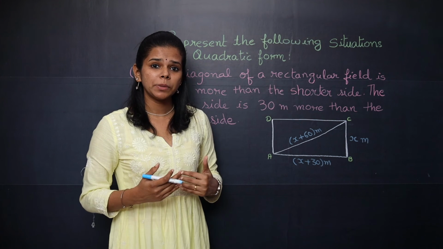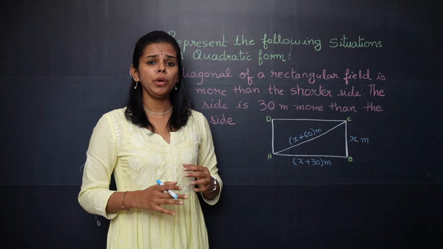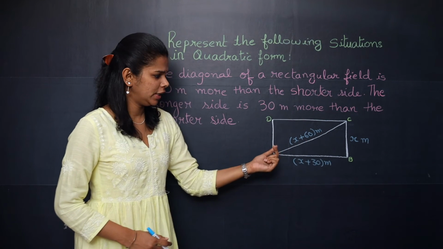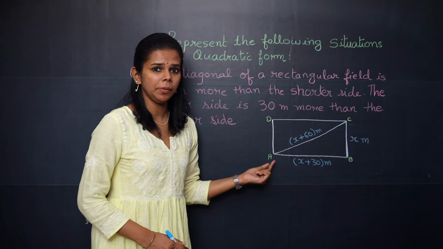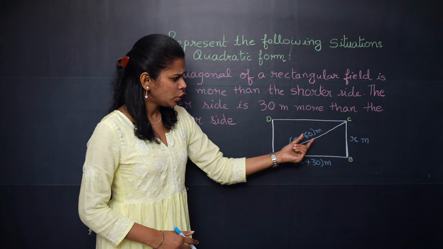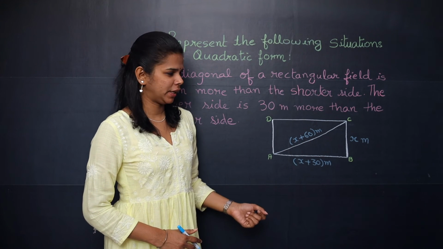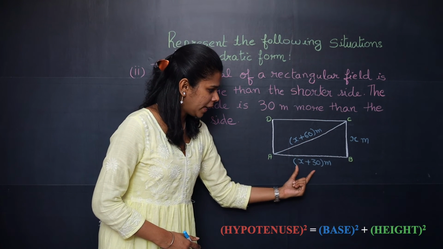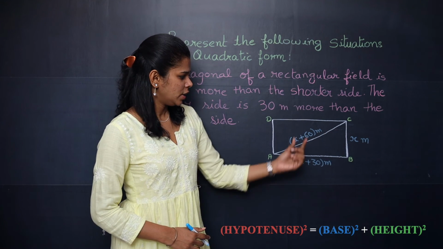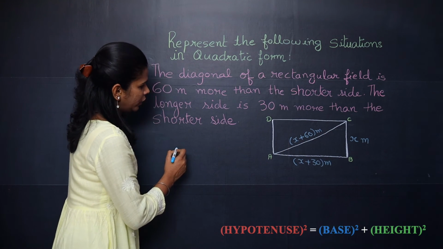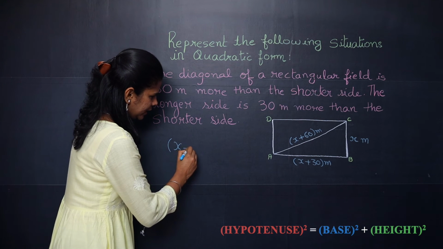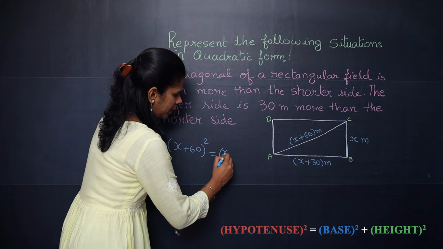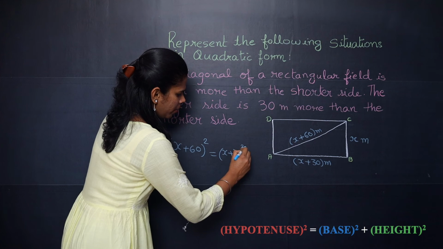Now you need to express it as a quadratic equation. How will you form an equation? You know, in a rectangle, each angle is 90 degrees. So this triangle ACB becomes a right angle triangle. So now you can apply Pythagoras property. So what is Pythagoras property? Hypotenuse square is equal to base square plus height square. So here you can apply that. So you will get (x plus 60) the whole square is equal to (x plus 30) the whole square plus